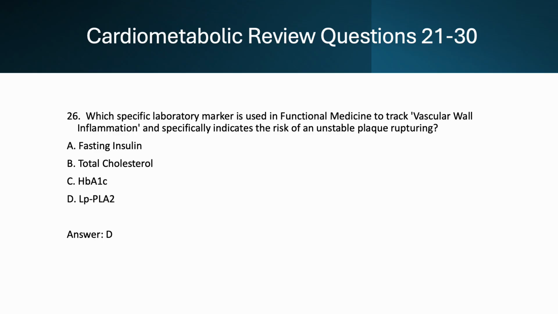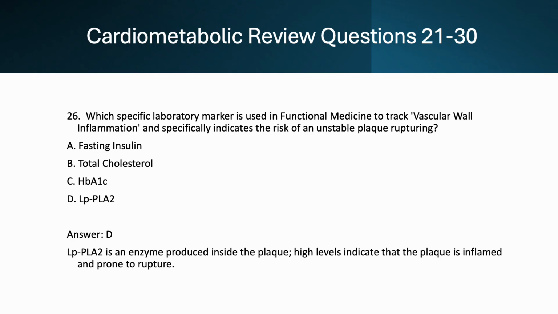And the correct answer is D. Lipoprotein-associated phospholipase A2. So lipoprotein-associated phospholipase A2 is an enzyme produced by inflammatory cells within atherosclerotic plaques. Elevated levels of this enzyme indicate vascular wall inflammation and suggest that a plaque may be unstable and prone to